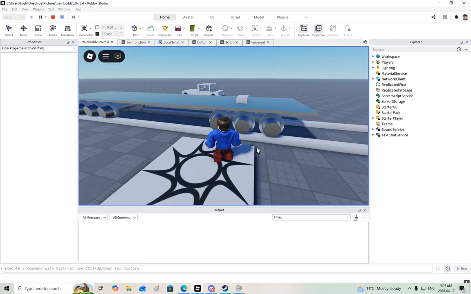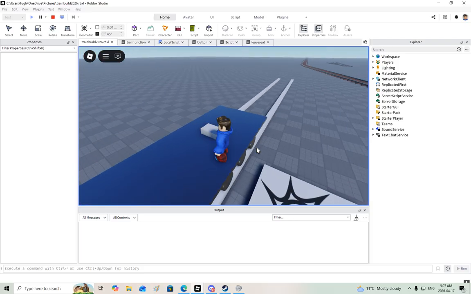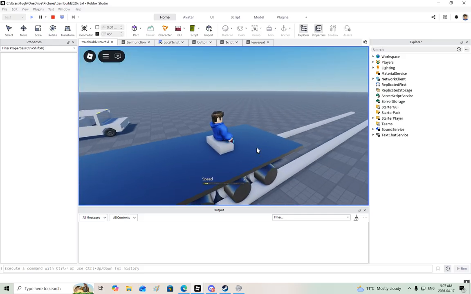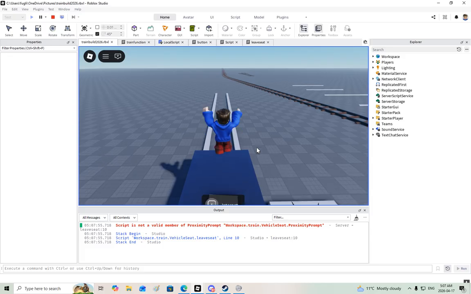So I could anchor a part so the train doesn't move. But I thought, nah, we don't want to do that, right? Because then the wheels will spin and all that kind of stuff. So what we want to do is totally disconnect from the vehicle. So we're moving now, right? We're moving now. And then when we leave the vehicle seat,